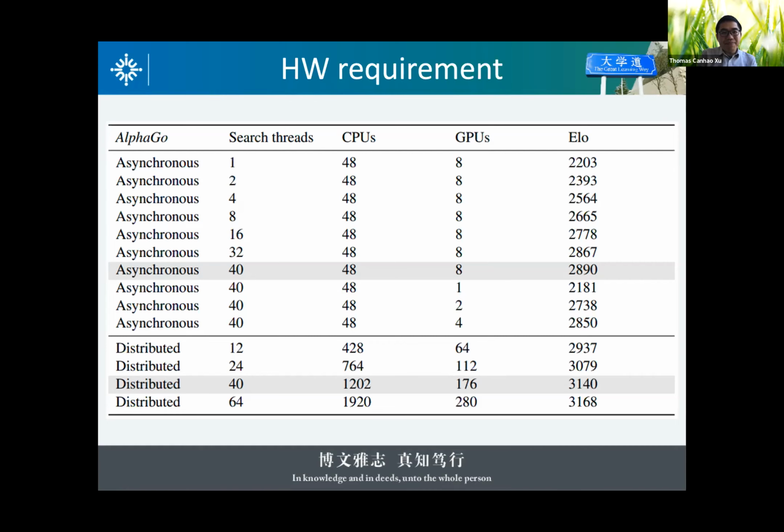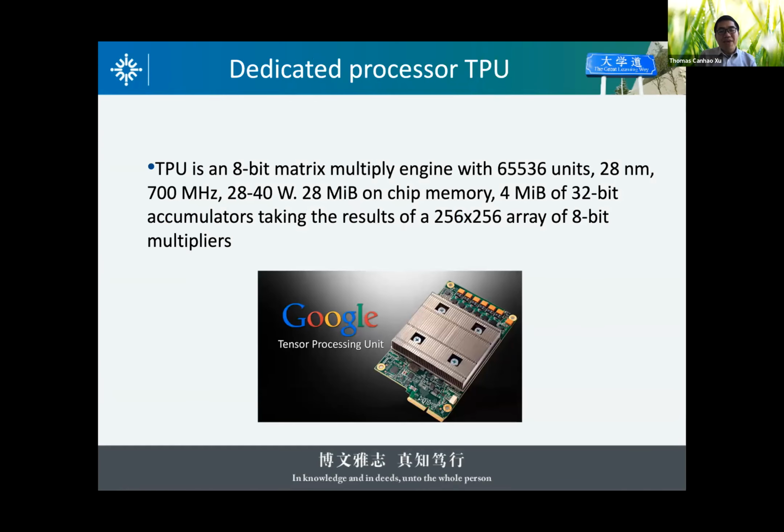And of course, companies like Google have the resources and the money, so they can even design their own processing unit. They found that the GPU and CPU are pretty slow, so they developed their own processor, the so-called TPU, the tensor processing unit. They have like 65,000 units, and it's even faster than the GPU. So wow, this is something they have.